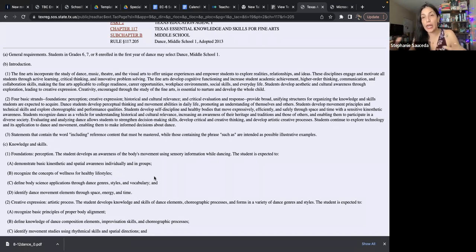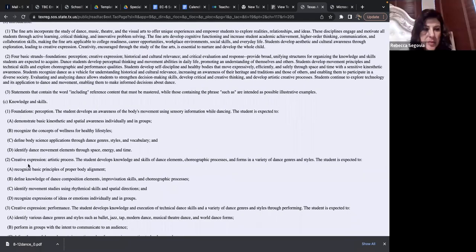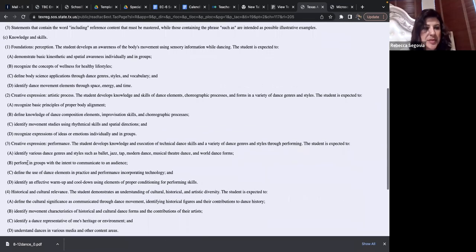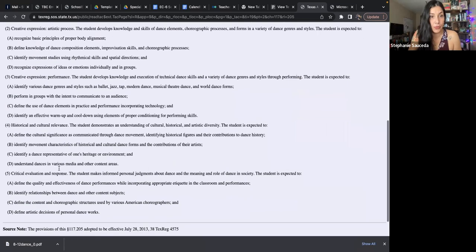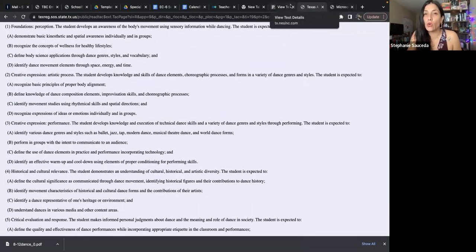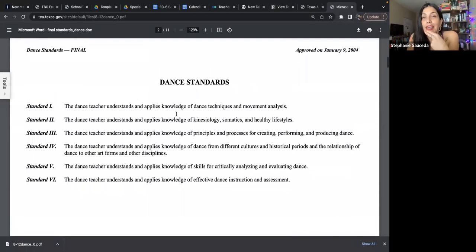Like how can I help them if they're having difficulties in one of the areas? And so you have the different areas: foundations, creative expression, historical and cultural relevance, critical evaluation and response. And if we take a look at your standards, and we'll look here, you'll see that